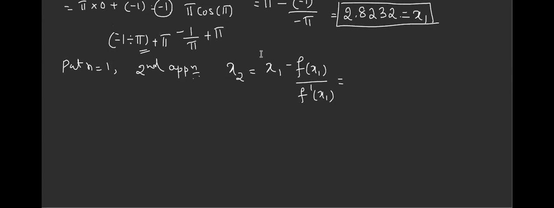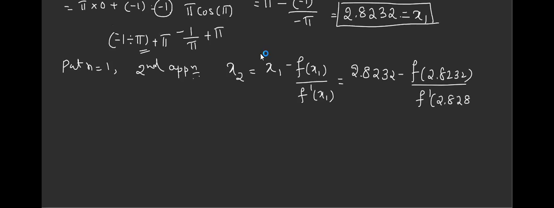Let us take x1 like this. So it is 2.8232 minus f of 2.8232. After the 2 it is 8, ma'am, that's why make it 3 by rounding up. Make it 3, no issues. See, this is approximate. We don't take it for only one step. When you go on doing it, it will recorrect. That is why we have to go for more approximations.